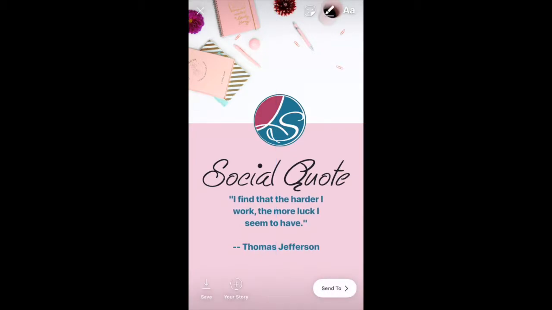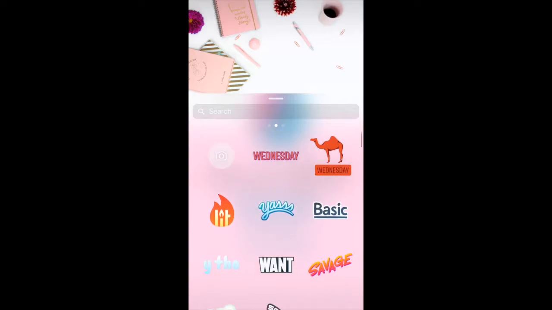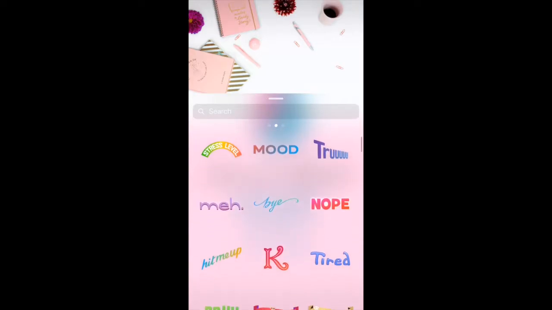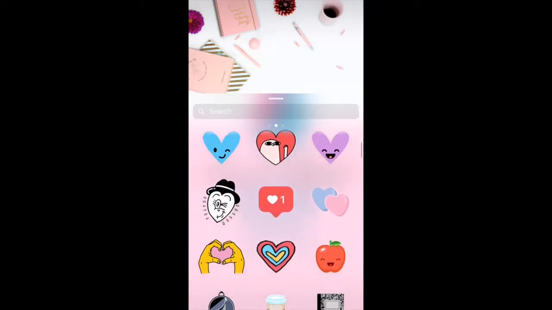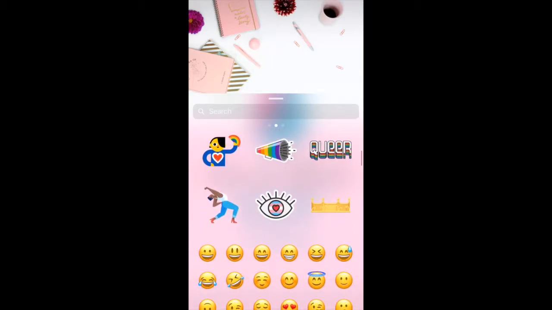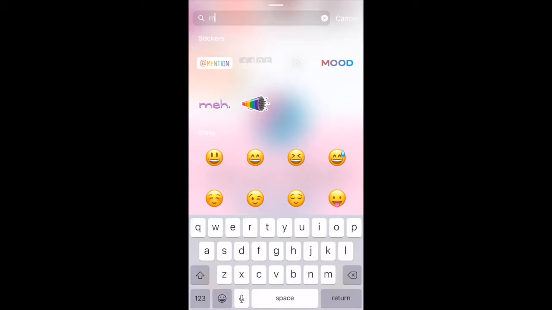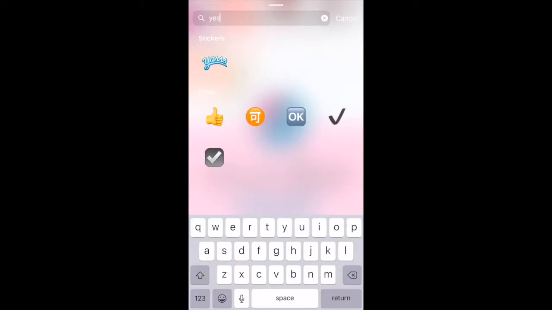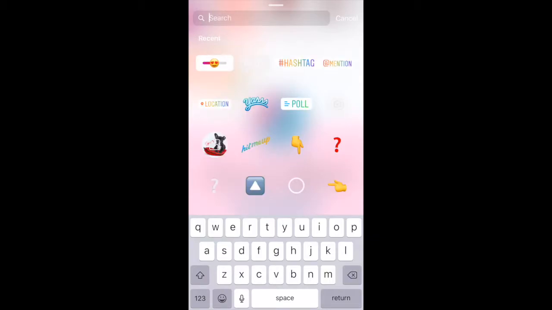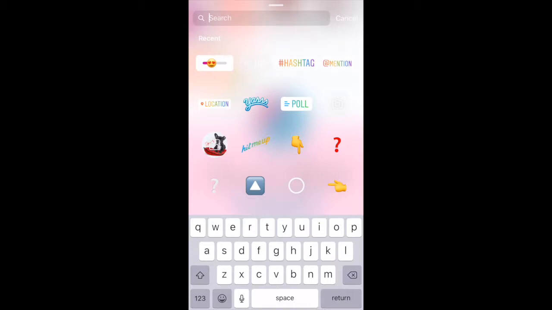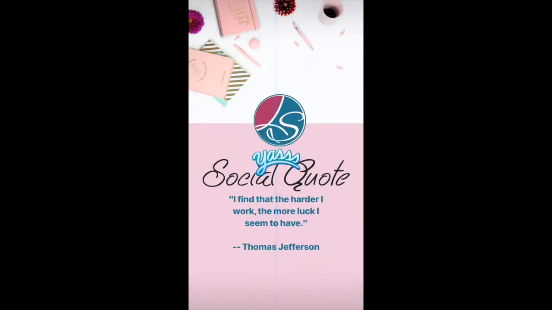And I think I'm going to add a little GIF to it, so I'm going to hit that sticker icon, and I'm going to come over here, and I'm just going to look and see if I find anything. And I don't find anything that I really feel like I can use. So I'm going to search something. I'm going to see if something pops up. If I search motivation, no results found there. Okay, so let's just do yes and see what comes up. I guess that, let me see if something comes up for quote. Nothing. Okay, so what we'll do is we'll just use yes, meaning that I really like that,